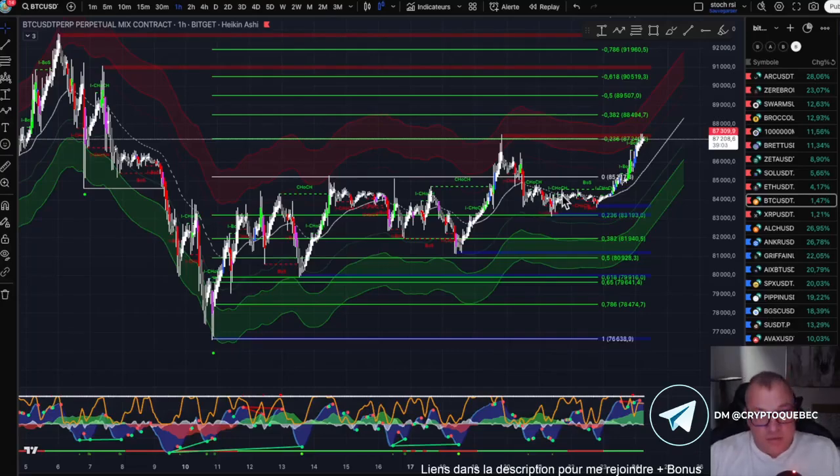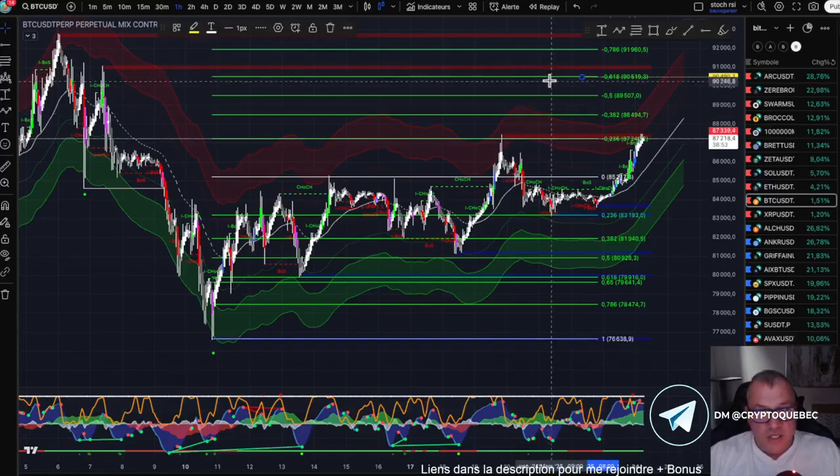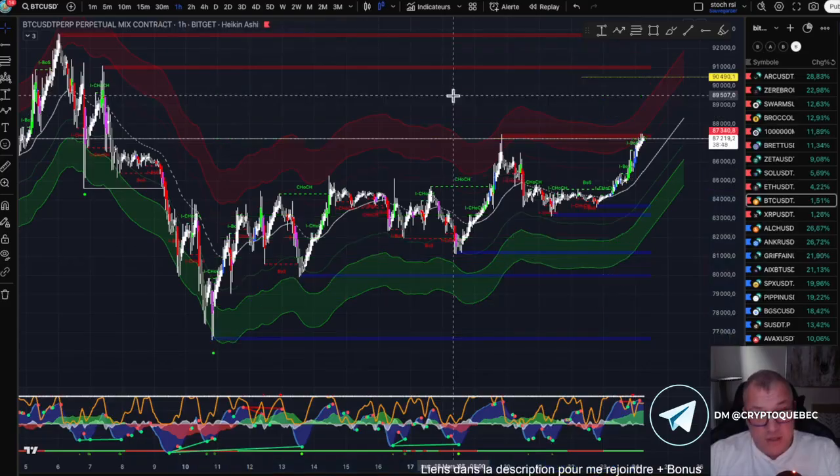So, regarding the Bitcoin situation, we had drawn the Fibonacci retracement on that particular upward impulse. And as you can see, the target that was projected was actually around the 80,000 mark. Now, we're going to go ahead and remove that overlay, and we are going to focus on analyzing this current